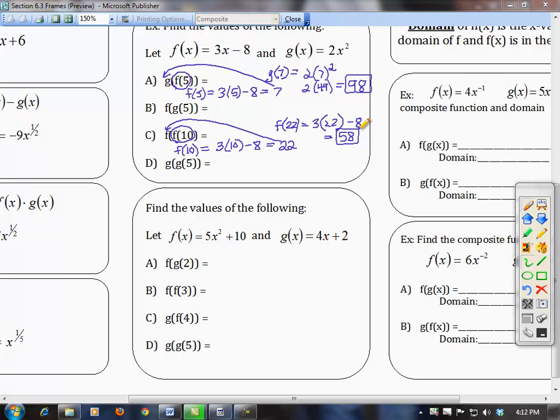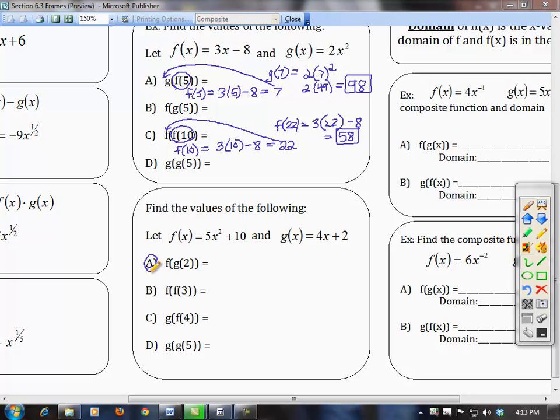So 58 is my answer. Okay, so let's try some a little bit more difficult. Let's do, in the next box, let's look at, boy, I don't know,